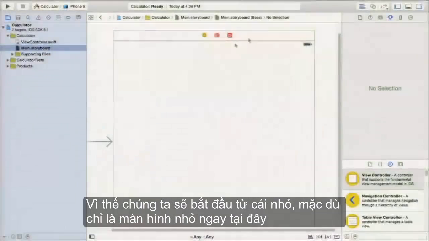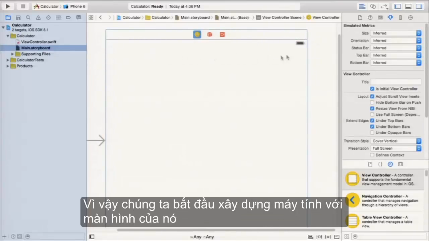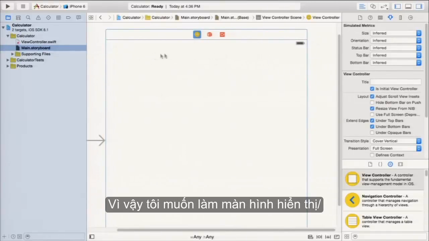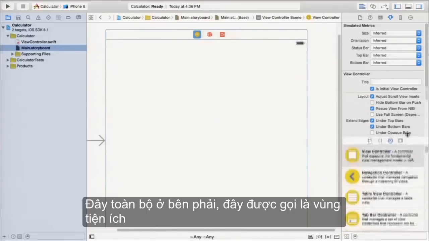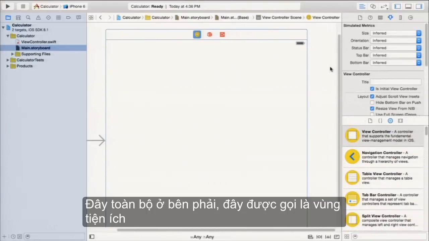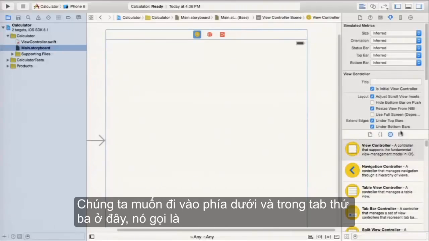So we're going to start small, though, just this one little screen right here, which is going to be our calculator. So let's start building our calculator with its display. So I want to make a display. How do I do that? Well, that brings us to the right-hand side here, this whole right side. This is called the utilities area. You can see that it's got a bottom and a top. We want to go into the bottom, and on the third tab right here, which is called the Object